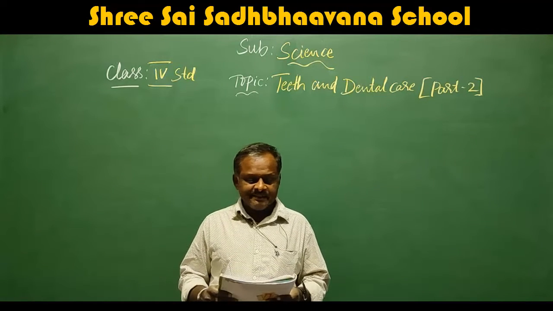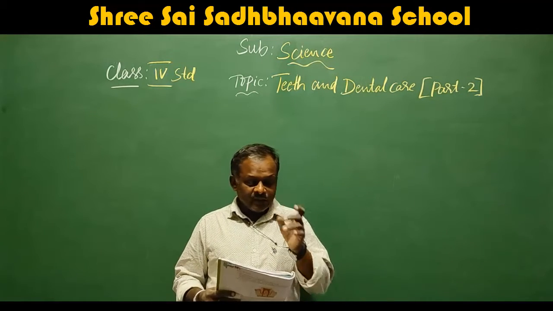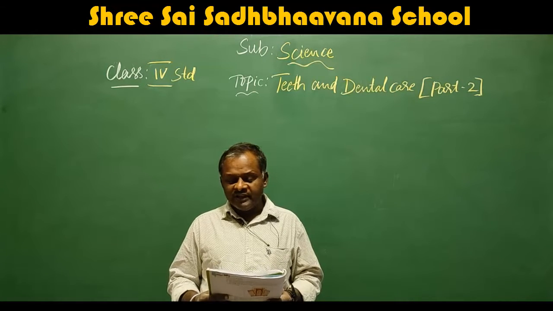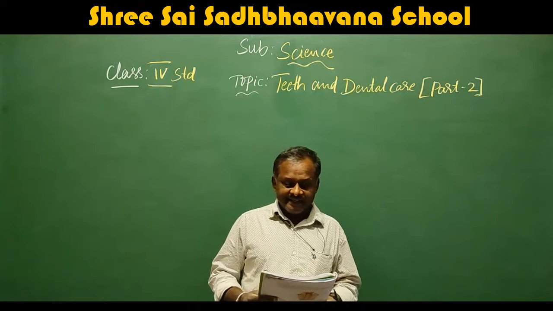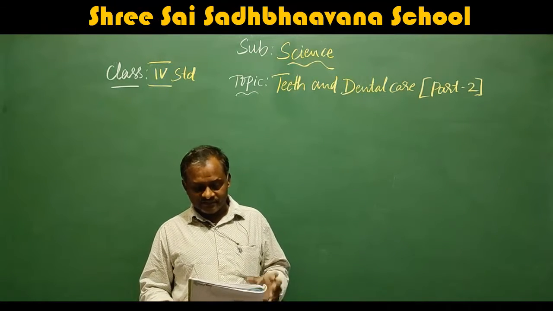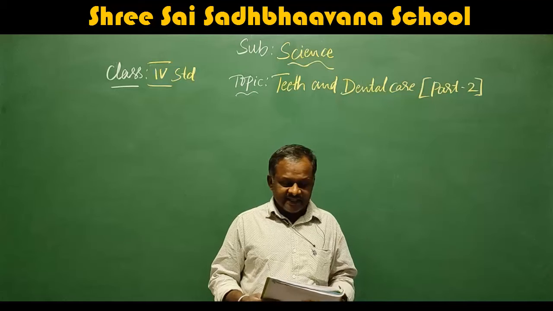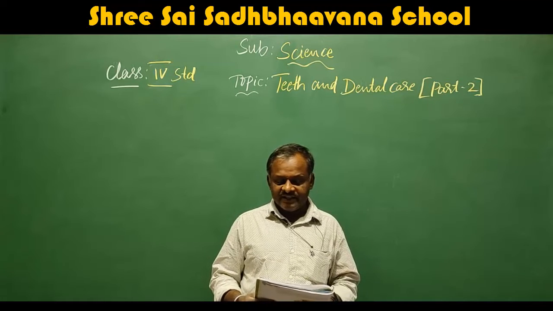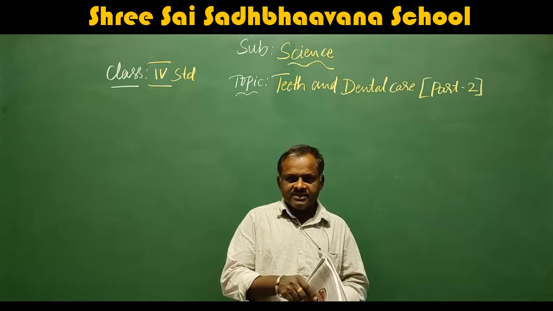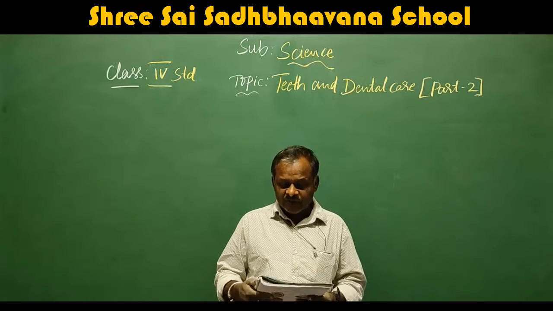Next come to cementum. The pulp goes all the way down into the root of the tooth, which is under the gum. It makes up the root of the tooth, which is anchored to the jawbone. It is light yellow in color and is usually covered by gums. So this much is about the tooth.